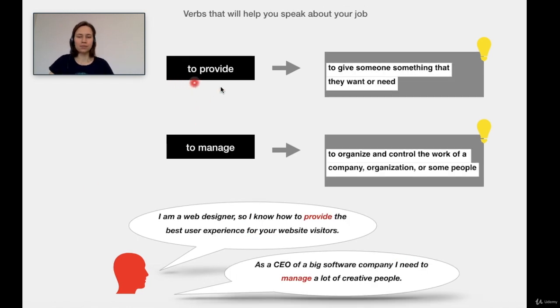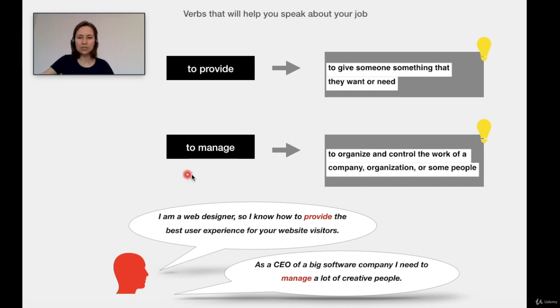To provide. To provide means to give someone something that they want or need. That's a good word, right? To provide, to give someone something that they need. I am a web designer, so I know how to provide the best user experience for your website visitors. I know how to give the best user experience.